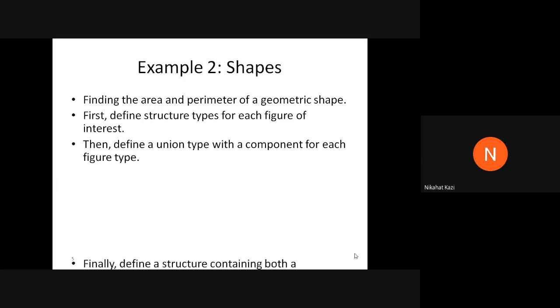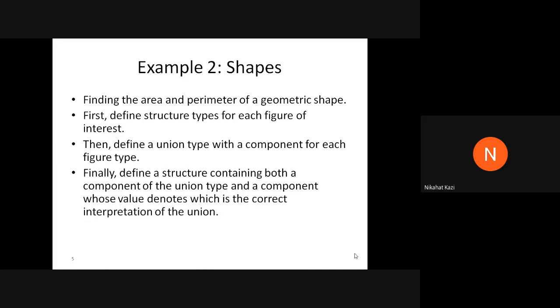And then finally you will create a structure containing both a union type and a flag, whose value will denote which is the correct interpretation of the union. Like we created a flag for lab and theory, either L or T, here we will have 3 values for the flag.